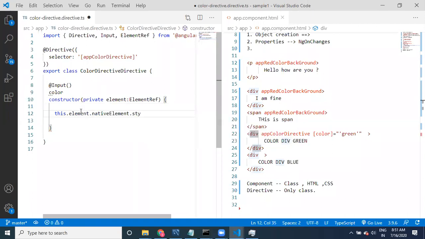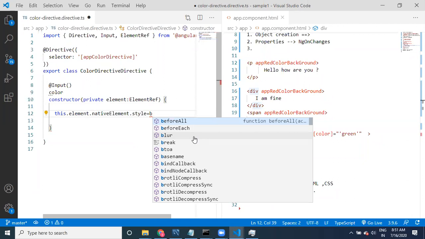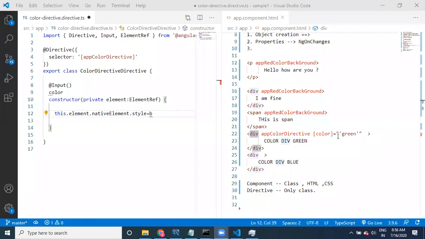style, right? We have applied style. I want to apply style. What is the style that I have to apply? Okay, one second guys. Fine. So we are providing values right now. What is the style I have to provide here?